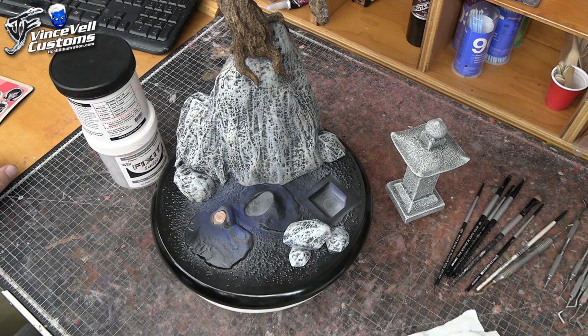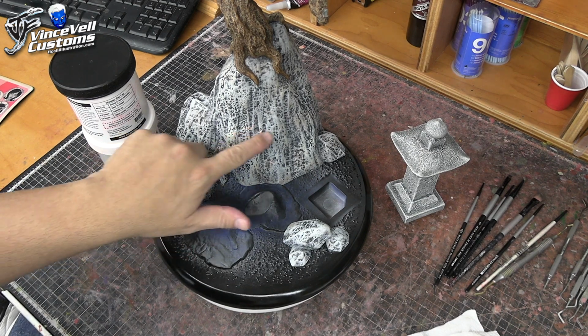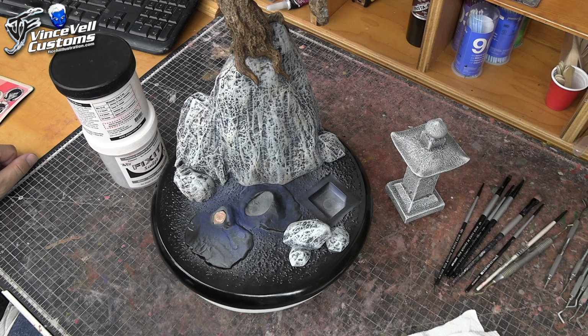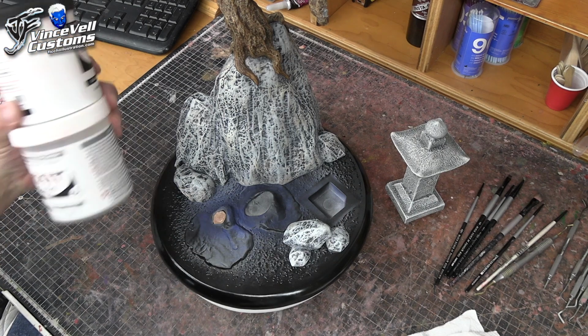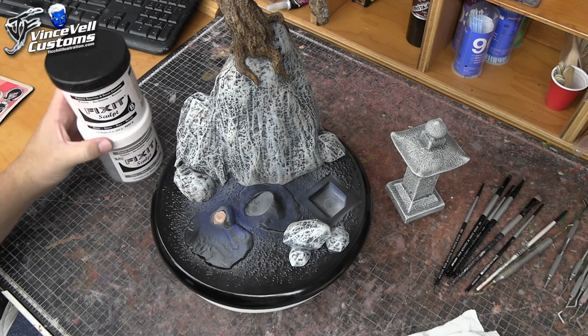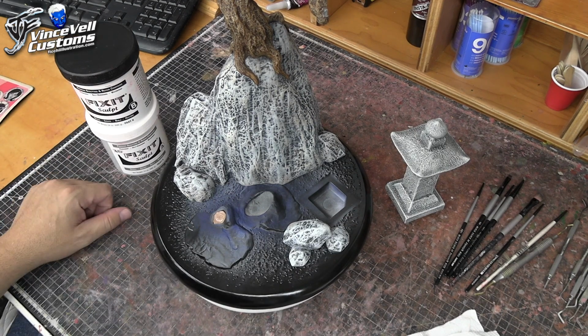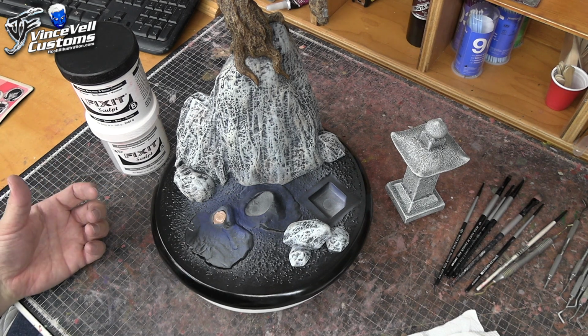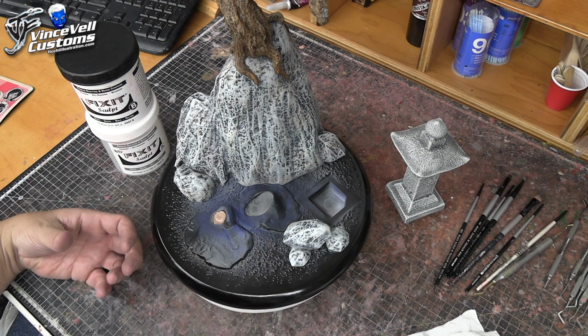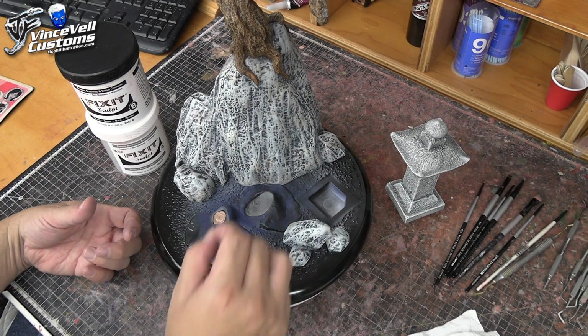Okay, we're going to start painting up the base. Now, if you look at the original artwork color render and I guess the production, there is like a lot of green, like moss and stuff growing. I'm going to add that, but I'm going to add it in a different way. I'm going to mix up some Ace Fix-It, but I'm going to use a lot of safety solvent with it and get it really almost pasty. And then I'm going to add green paint into it, and make like a sort of green paste sculpting material,